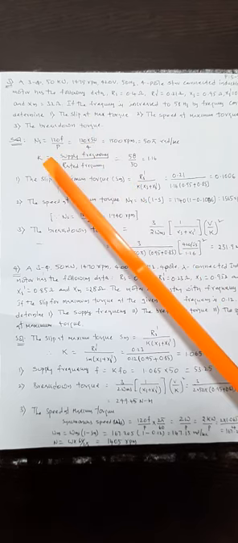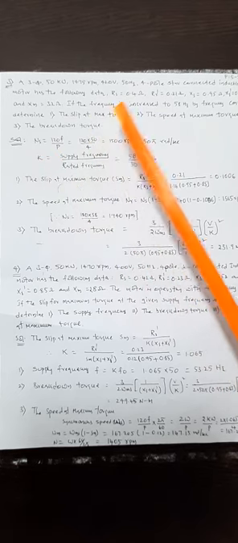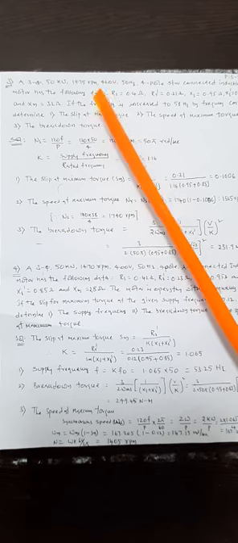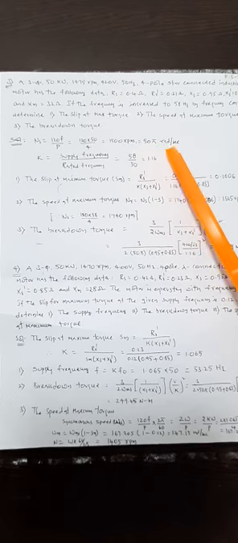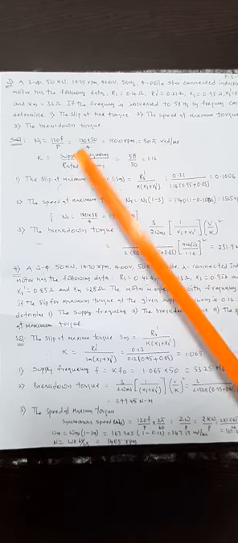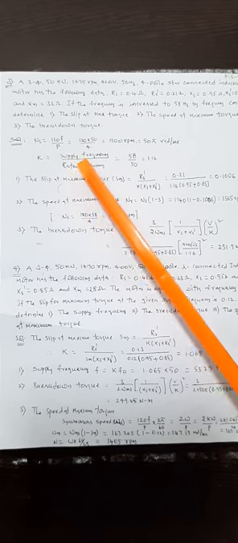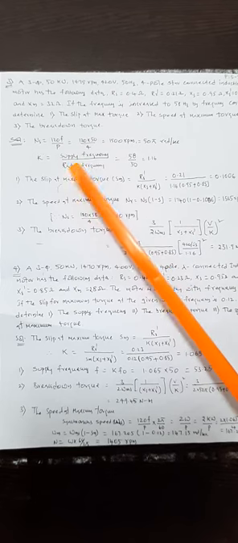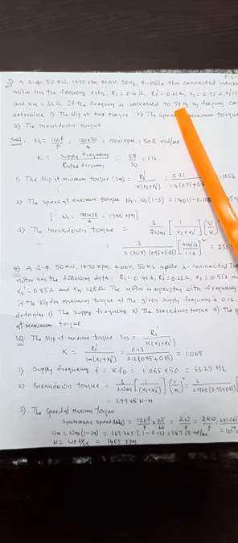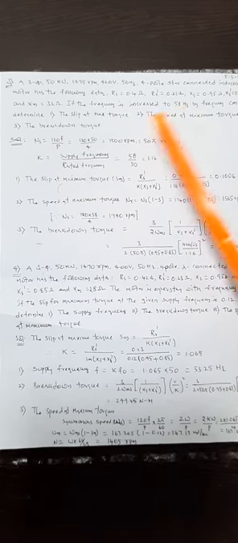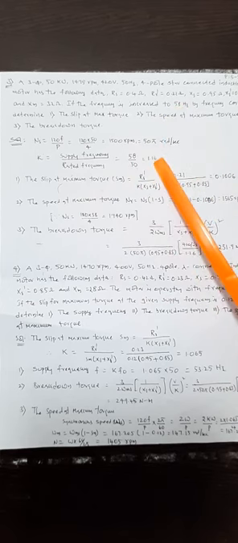So as usual here, Ns is equal to 120 f by P. It is 1500 because of 4 poles. And similarly, the 1500 is to be converted into radians per second. It is 157 radians per second. So K is the frequency constant, the supply frequency by rated frequency. Supply frequency here is 58 Hz, increased to 58 Hz, by rated frequency, which is 50. It is 1.16.